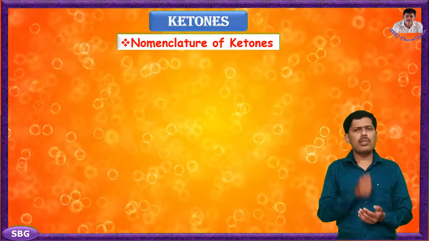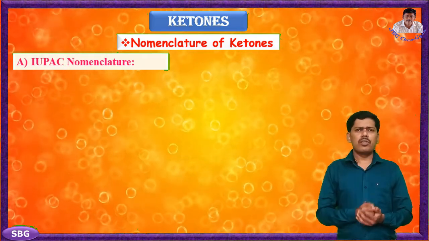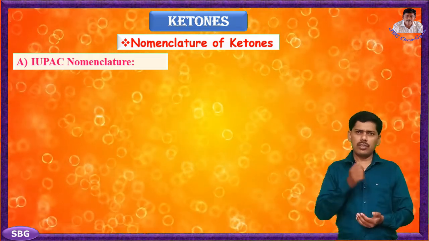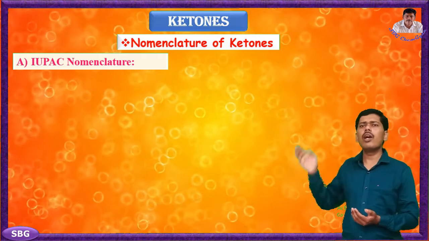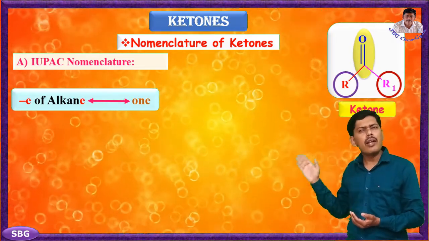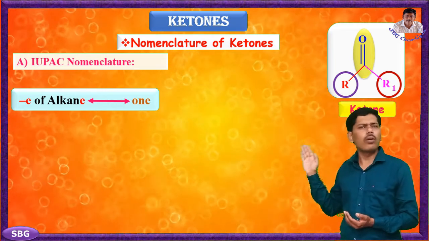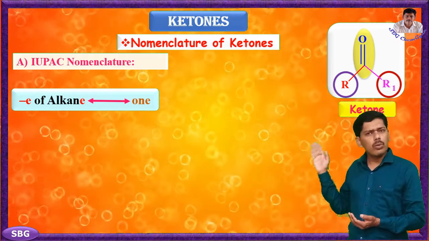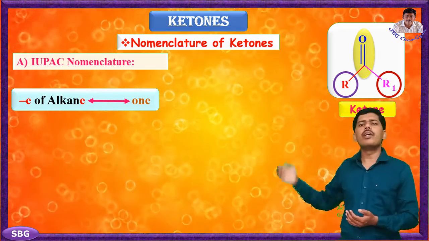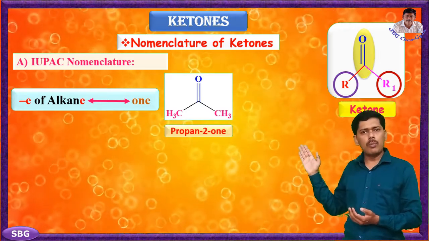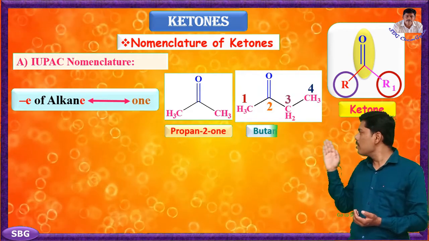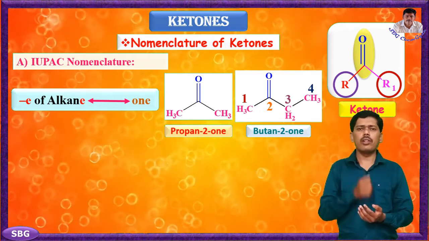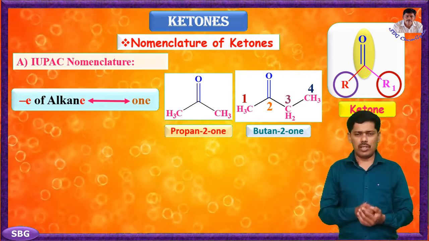Now we are going to study IUPAC nomenclature for ketones. This nomenclature system is universally accepted and applied. The IUPAC names of open chain aliphatic ketones are derived from the name of the corresponding alkane by replacing the ending E of the alkane with ONE. In the case of ketones, the numbering begins from the end nearer to the carbonyl group. For example, here propan-2-one, and the next example of an aliphatic simple ketone is butan-2-one. The substituents are prefixed in alphabetical order along with the numerals indicating their positions in the carbon chain. For example, here